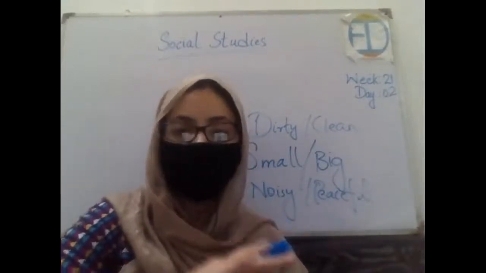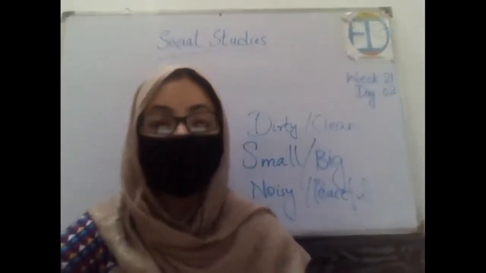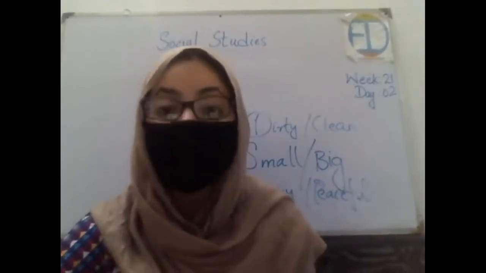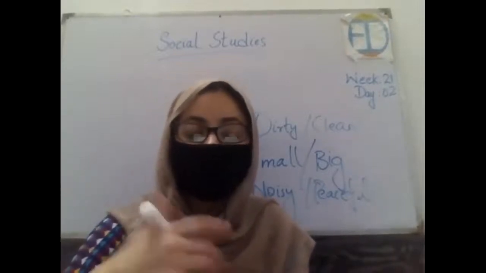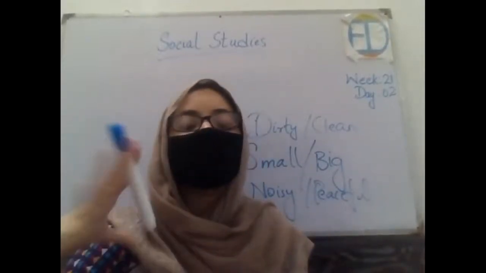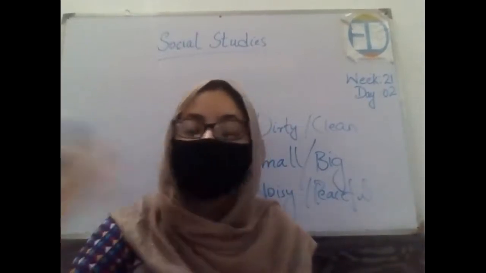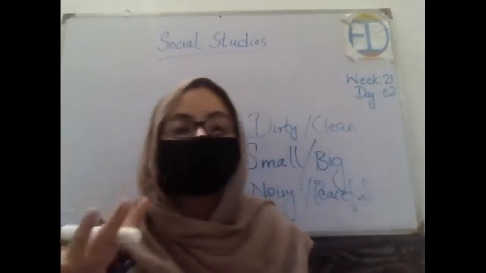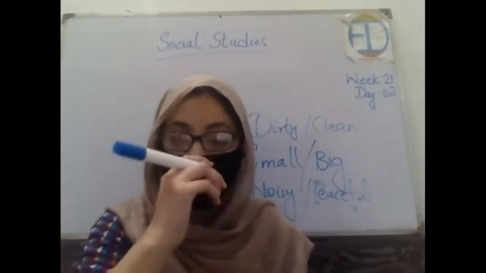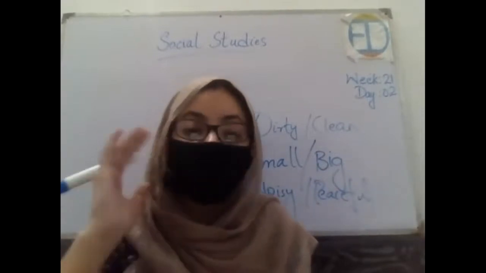So in this manner, why have I shown you this video about city and village life? Because neighborhoods are made by the people's lifestyle, what type of lifestyle people follow. So according to that, their neighborhood varies. Like I told you, in cities people have a lavish life, they have good institutions, good resources, they have all the facilities. So according to that, their neighborhood is also different, right? But in comparison to that, villages do not have all of these things. So the village neighborhood is different. Got it? Okay.